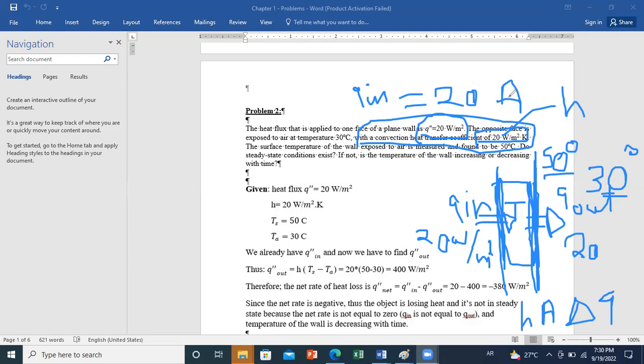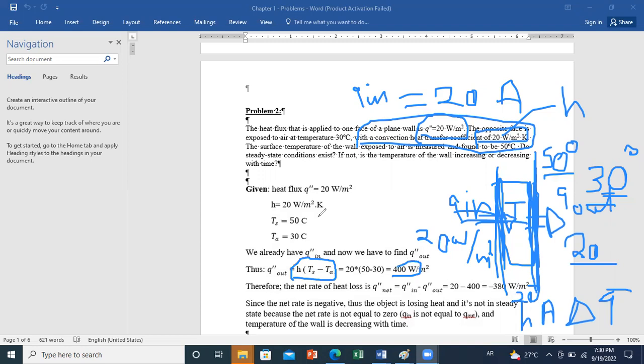Now, the convective coefficient is given. It's equal to 20, so we just have to replace. The area is not given, but it doesn't matter, as I told you, because the area here is equal to the area at this level. And you multiply by delta T, which is 50 minus 30. Now, in total, you have the convection flux getting out, while the heat flux is coming in. If you compare Q in and Q out, Q out per unit area, q double prime out, is h delta T, and you get 400,